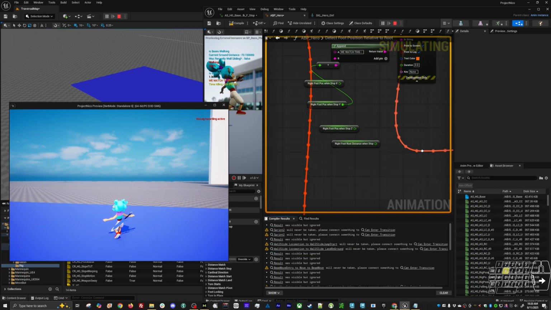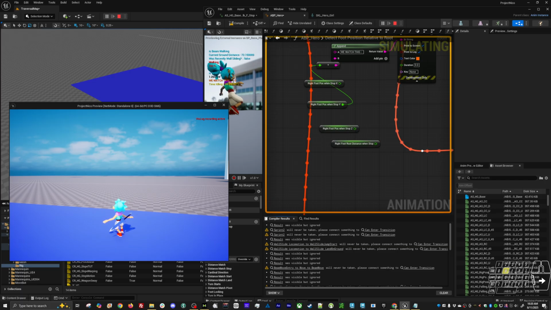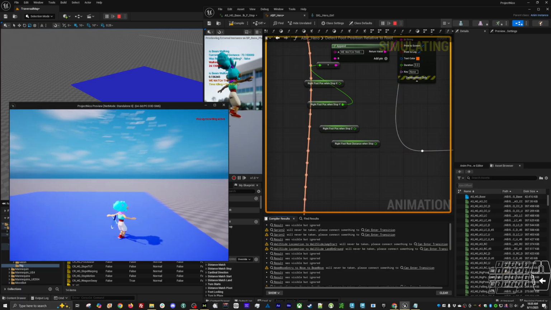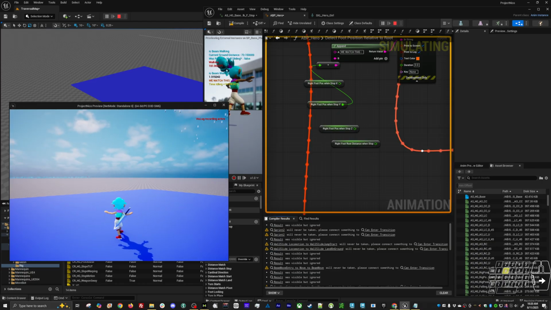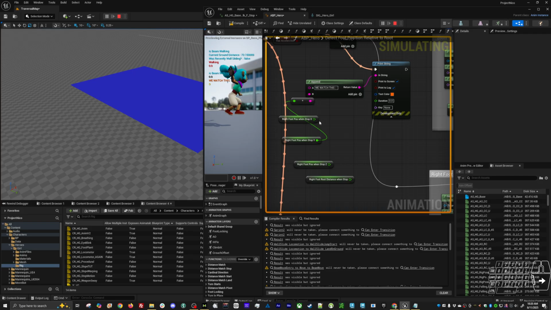So right foot's in front, -1. Right foot's in back, 1. -1, 1, -1 front, 1 back. Okay. And I think I was checking X because these values,